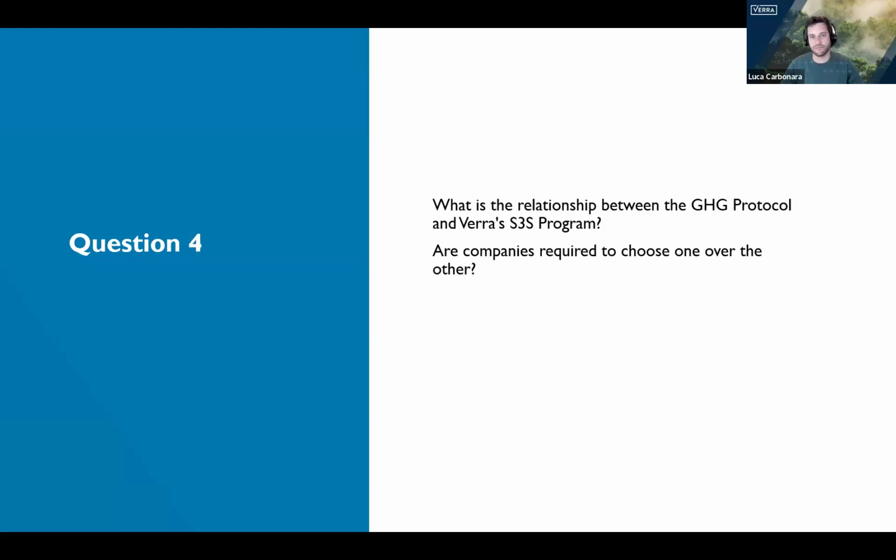Yes, thanks, Stefan. And the next one relates to the relationship between the greenhouse gas protocol and our program, Verra, the Scope 3 standard program, and if companies are required to choose one over the other. So just to offer some clarification on this, the greenhouse gas protocol and the Verra Scope 3 standard program serve